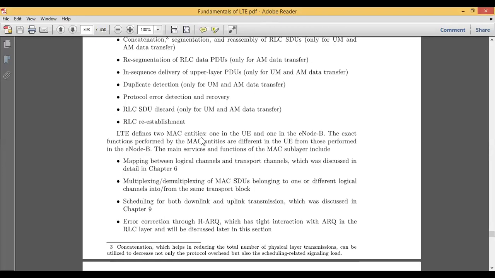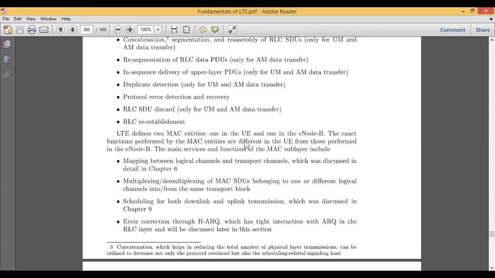Under MAC, that is medium access control, we have two entities: one is the user equipment, and the other is the enhanced Node B. The exact functions performed by the MAC entities in the UE are different from those performed in the eNode B. It means that the operation or performance parameters we measure in the user entity are different, or sometimes the same, as in the eNode B.